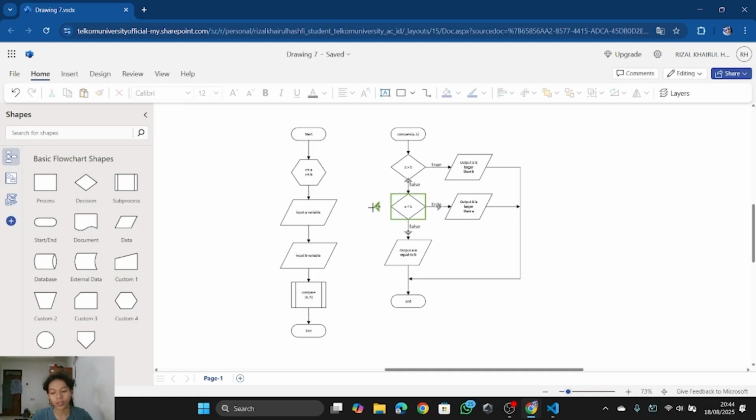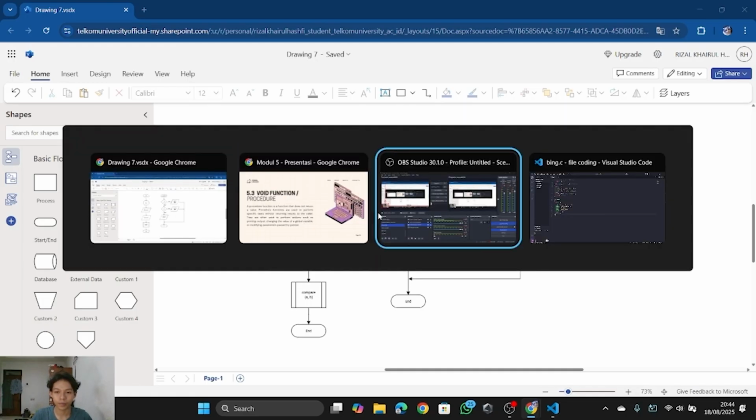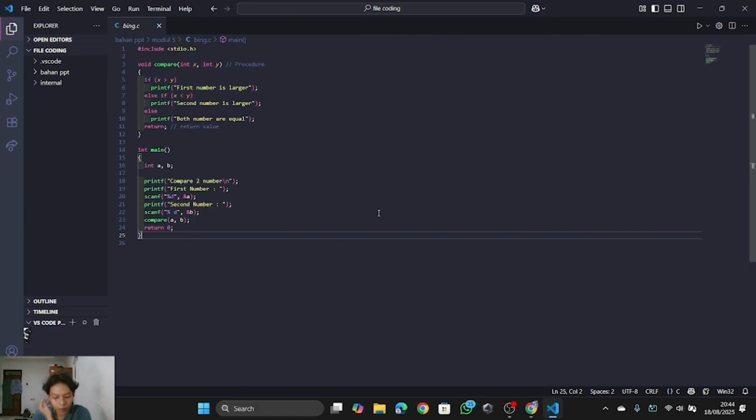Let's jump straight to the code example. First, here we will declare a void function called compare with integers x and y.